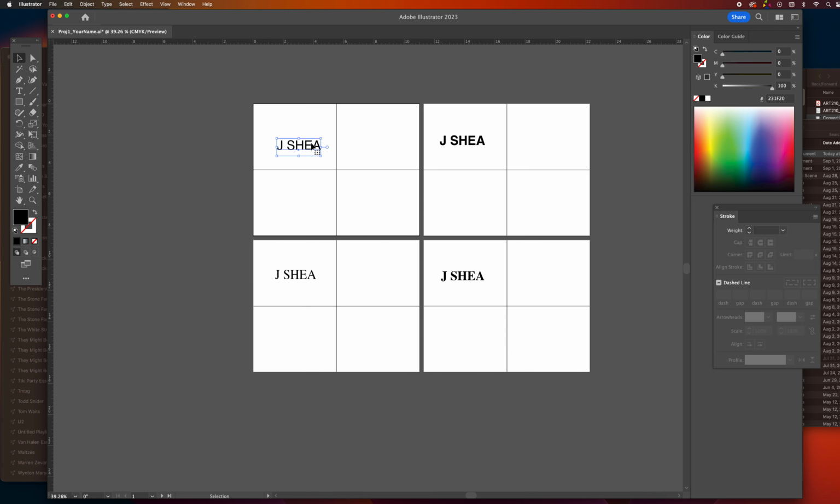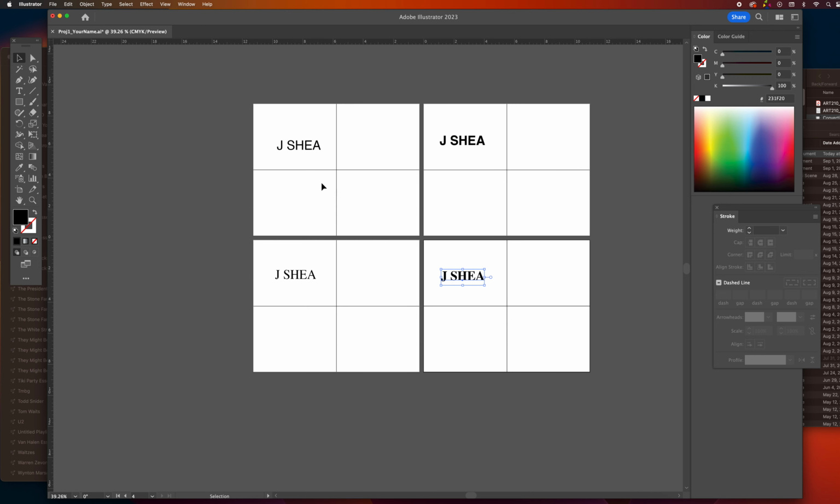Actually, before I select anything, I'm going to go to Type. I'm going to convert or create outlines for each of those. And I can shift, click, and grab multiple shapes. Go to Type and Create Outlines. Then what I'm going to do is shift, click again to select all 4. I'm going to go to Object, Ungroup. And there's a video on converting type to shapes, but I'm going to do that real quickly here. Then I'm going to copy those 4, and I'm going to paste,